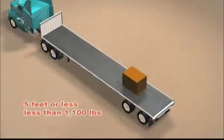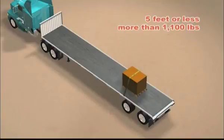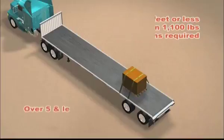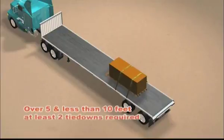Here's a quick summary for cargo that's not blocked to prevent forward movement. If the object is 5 feet or shorter and weighs less than 1,100 pounds, one tie-down is required. If it's 5 feet or shorter and weighs over 1,100 pounds, 2 tie-downs are required. If the object is longer than 5 feet but shorter than 10 feet, no matter the weight, at least 2